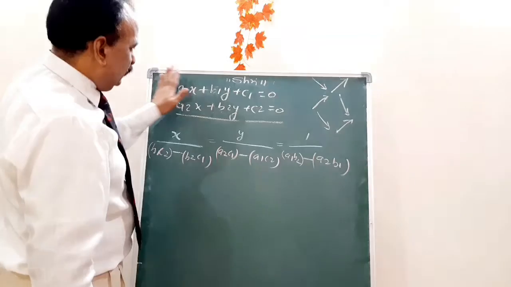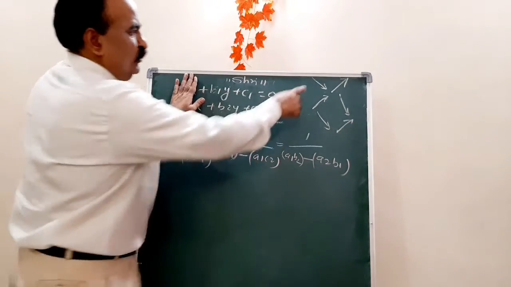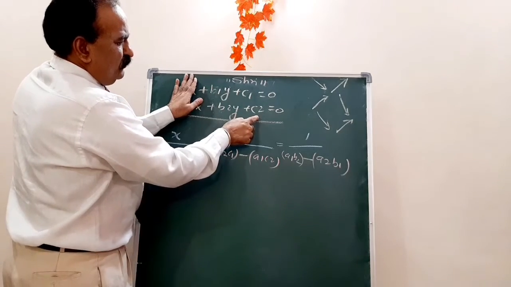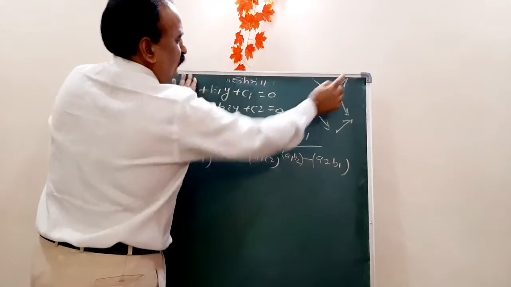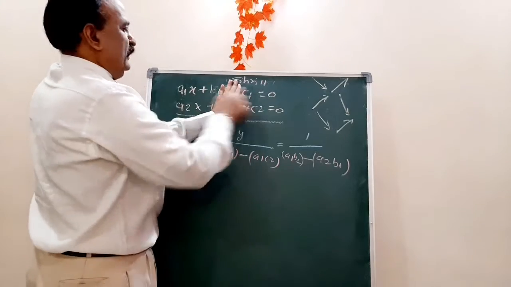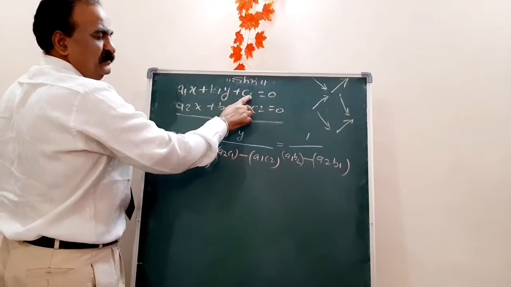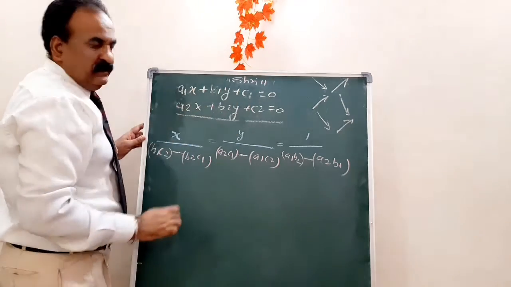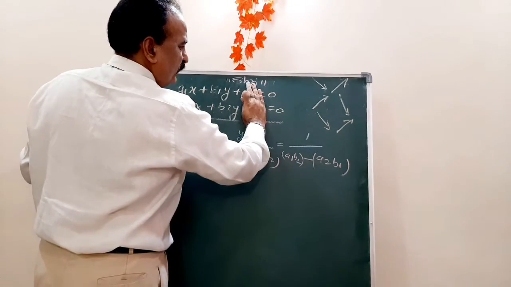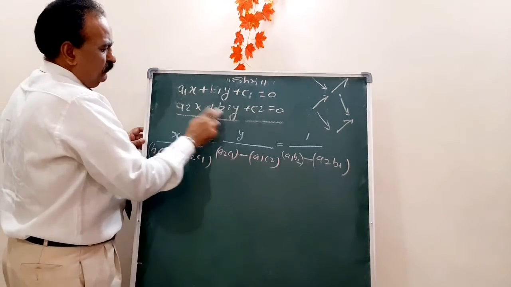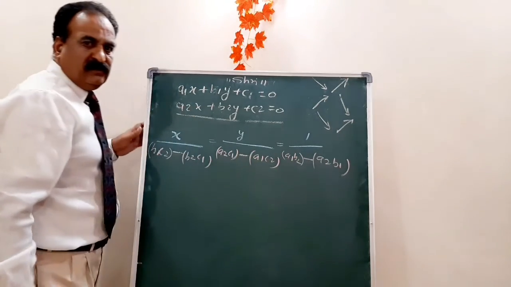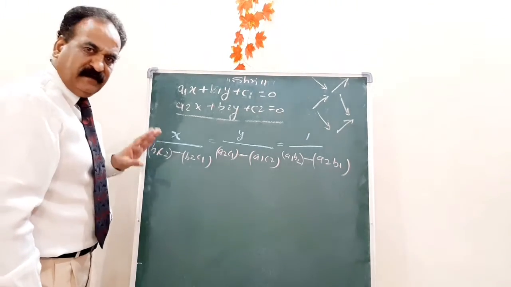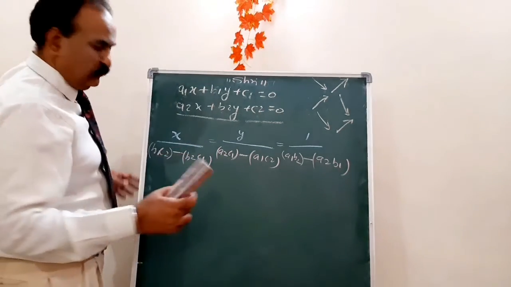Again I want to explain. Just put it like this. You have to multiply this first: b1 c2 minus b2 c1. This way. Now this y: it means a2 c1 minus a1 c2, because you are closing this. And the third step is to close this: a1 b2 minus a2 b1. Okay, this is the formula for how to find the solution. Now I am going to tell you how to find the solution. Let us see.